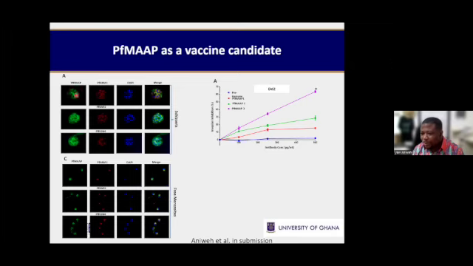Oh, that's good. So these are late stages of the parasite. We call them schizonts, and schizonts have a number of merozoites in them. If you look at the schizont, the staining is more perinuclear, using that P as an example. But if you allow the schizonts to release the individual merozoites, like in these cases, you see that the protein gets concentrated at one end, and by co-staining with other markers, we could clearly show that these are the apical end of